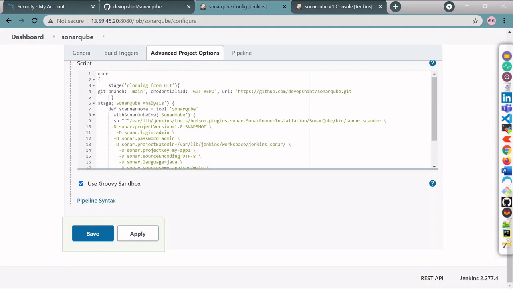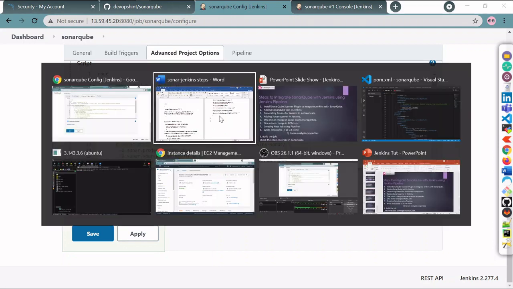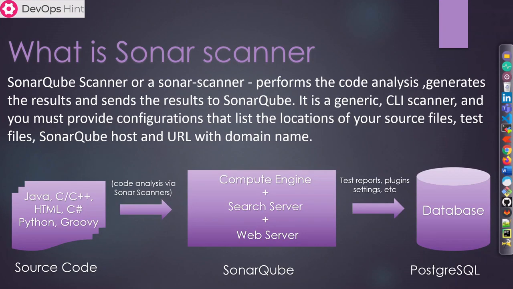Okay, so this stage is SonarQube analysis. In this stage it will do the analysis as I have told you here, and then it will submit the report to SonarQube. Between our SonarQube and our repository or our code there is a scanner, our Sonar Scanner, which will scan our project and do all the analysis. It will fetch the source code and do all the analysis.